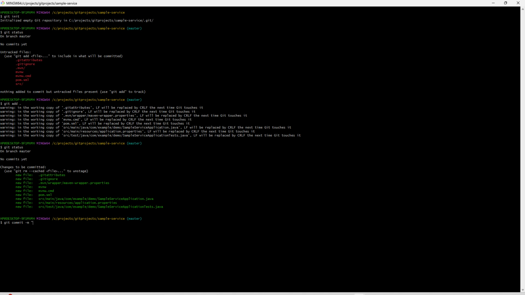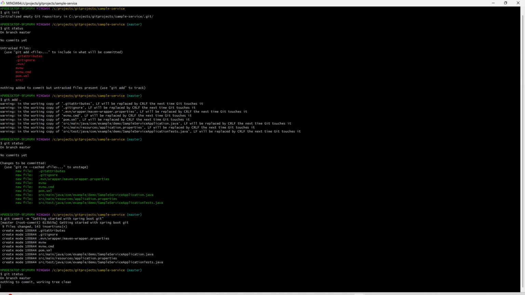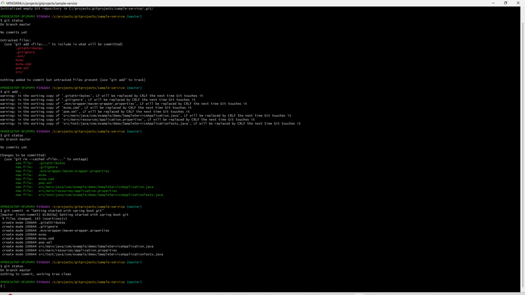And here we can write the commit message, getting started with Spring Boot Git. Now we have just committed our code changes. Now let us check the git status. It should show nothing to commit. Yes, it is showing that. Now we can use our push command, so that our changes will be pushed to the